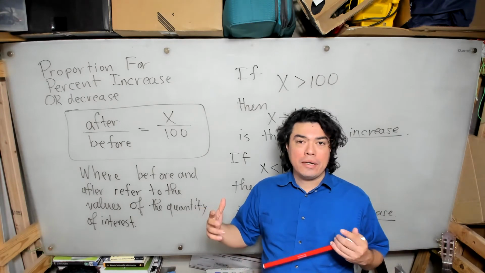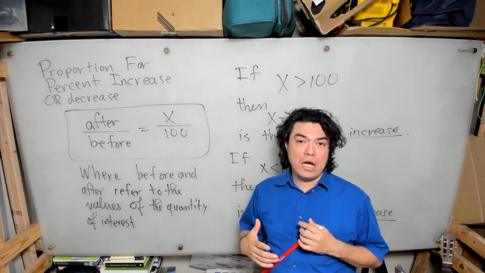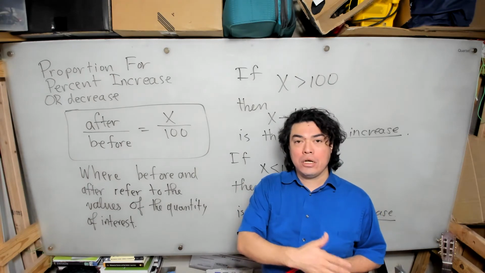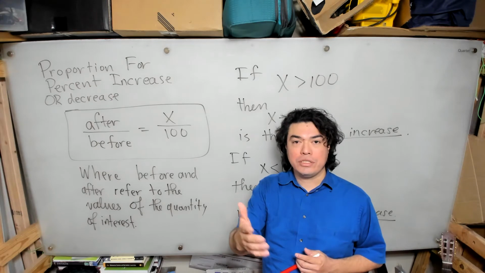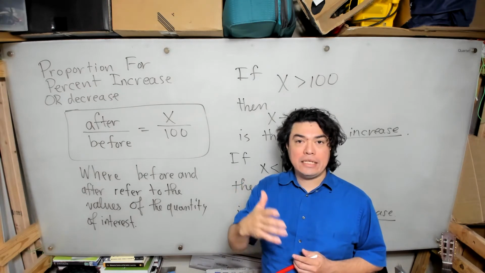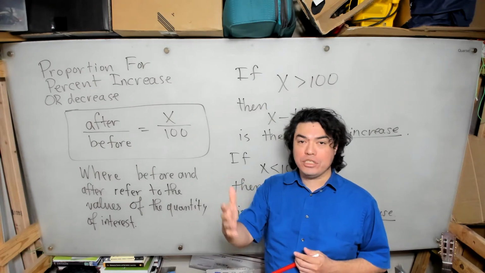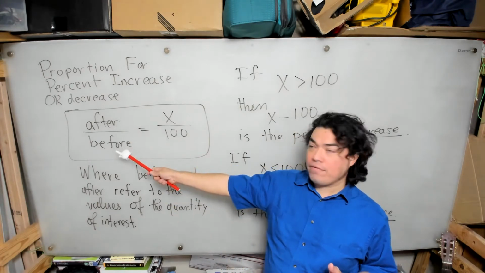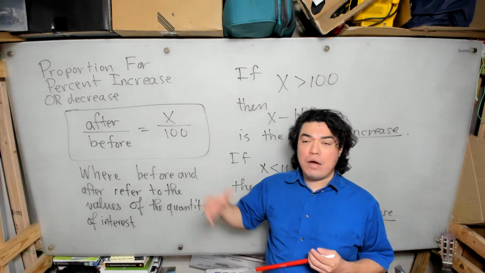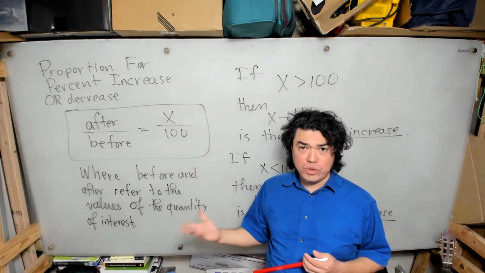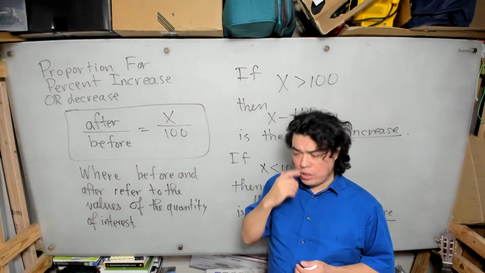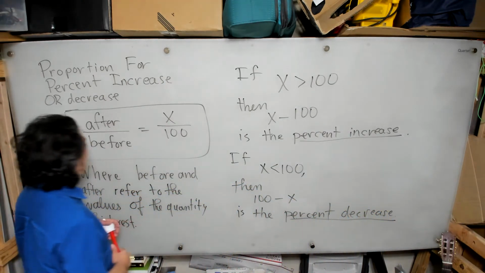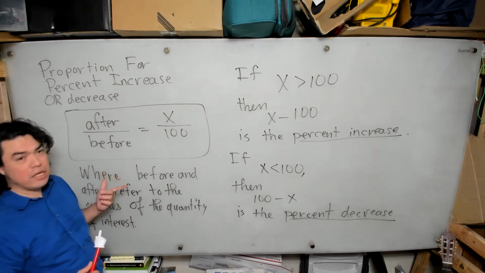Let's say that last year your child's height was 5 feet, and let's say this year your child's height is 5 feet 2 inches. We could use the 5 feet 2 inches to be the after, and the 5 feet to be the before, to find out the percent increase or decrease of the height, and so on and so forth. Okay. And the important thing to know about this proportion is that